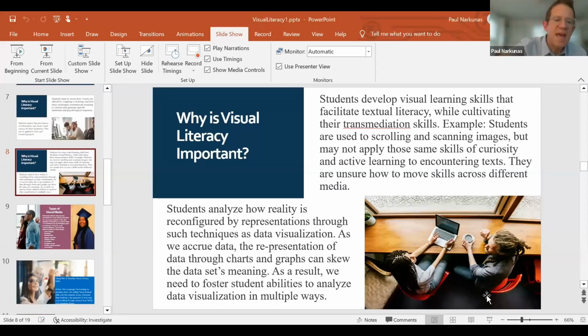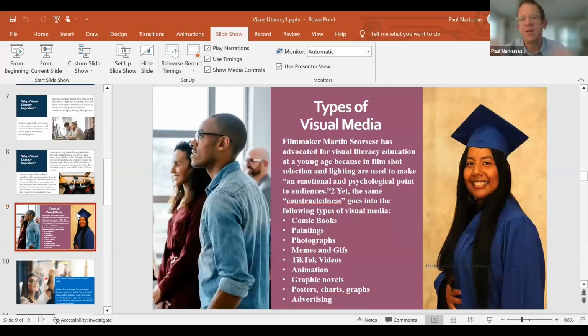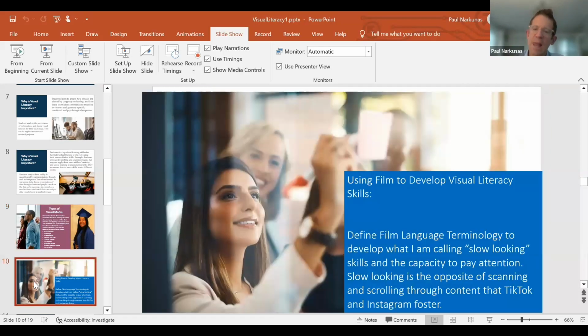I will jump ahead and just draw attention to different types of visual media, and say that there are different things that you can use in your classroom. For example, when I'm teaching philosophy, or introductory things to psychoanalysis, I will use series like Freud for Beginners to give students something to think about, because they're filled with images and text, and it allows them to derive a certain pleasure as they're learning some of these more challenging concepts.